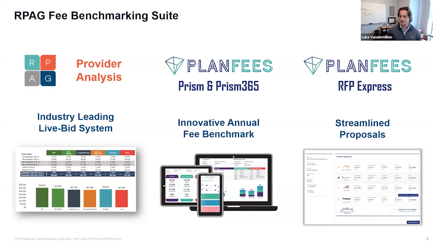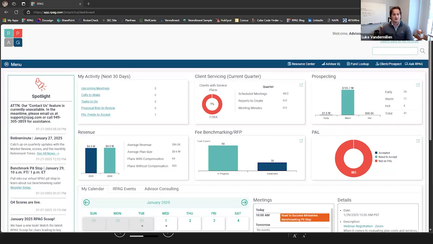So what I'll do is go ahead and switch to my other screen here. Okie dokie. So this should look pretty familiar to you folks. This is the RPAG Advisor portal. This is what you log into to run all of the great reports that we at RPAG offer to you